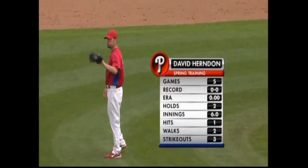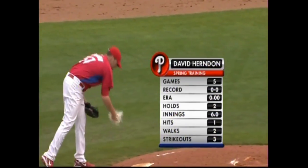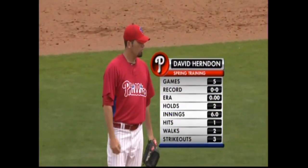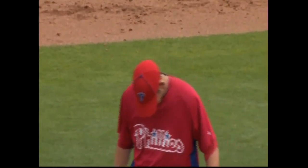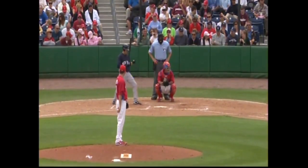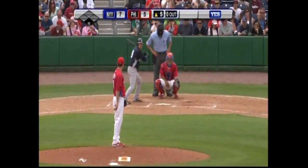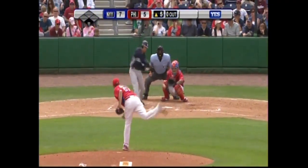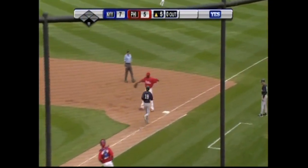Baseball everywhere. And the Phillies now with a new pitcher, 24-year-old David Herndon, who's been impressive as a Rule 5 pick, Kenny. Yes, he has 5 games, hasn't given up a run in 6 innings, 3 strikeouts, couple of walks, only 1 hit in 5 innings. Last year did his pitching in Double-A, Arkansas, and pitched to an ERA just over 3. I mentioned Rule 5 picked up from the Angels, and a chance to stick because with Brad Lidge likely to start the season injured, along with J.C. Romero, they need a little help with the bullpen, and he's been very impressive, Kenny, as you mentioned this spring,